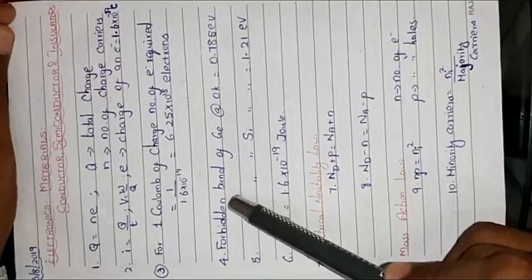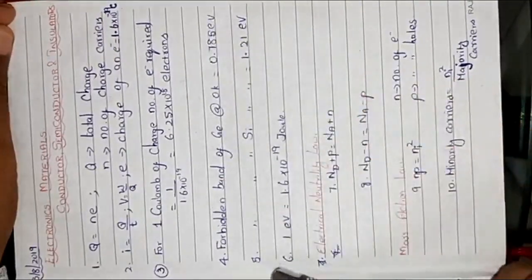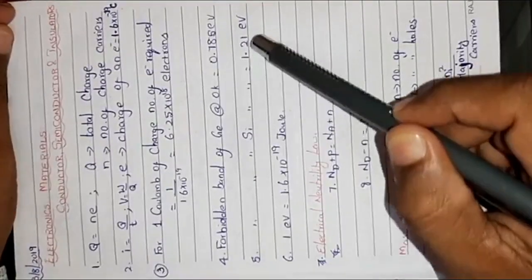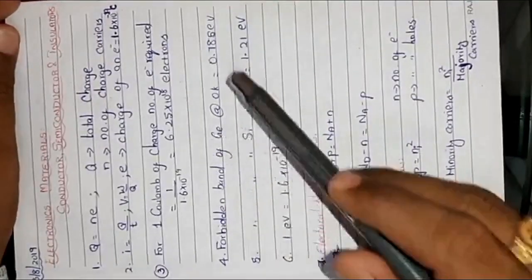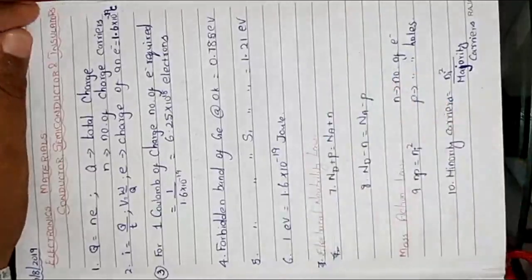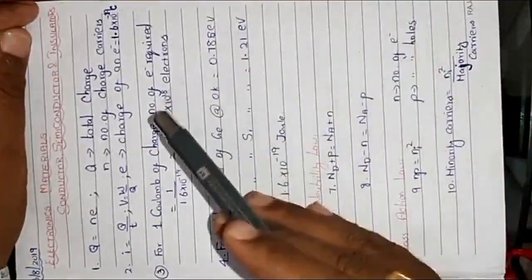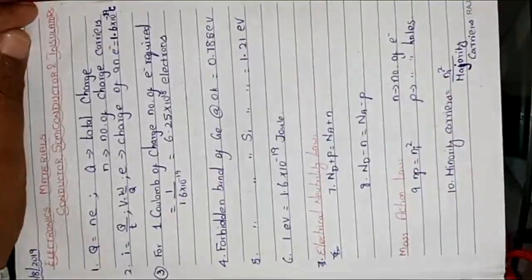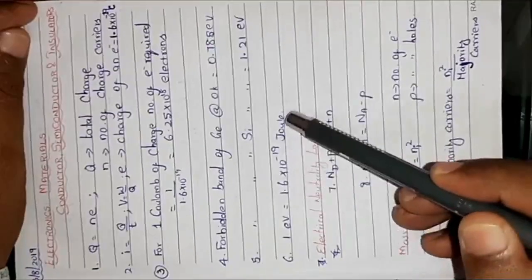Number 4, forbidden band of germanium at 0 Kelvin is 0.785 electron volt. Number 5, forbidden band of silicon at 0 Kelvin is equal to 1.21 electron volt. Forbidden band means the band gap between valence band and conduction band, and for germanium and silicon we have this much energy gap. And number 6, 1 electron volt is equal to 1.6 into 10 power minus 19